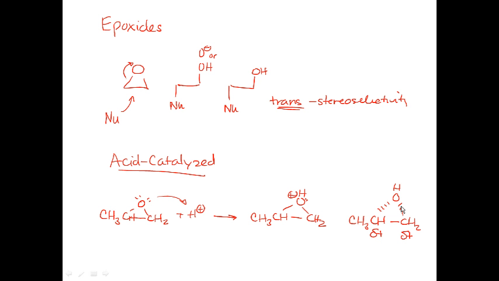So again, if you add acid to the epoxide first, you're going to get the formation of this type of intermediate. Now, I'm going to rewrite that intermediate over here, so if I have this type of oxonium ion intermediate,